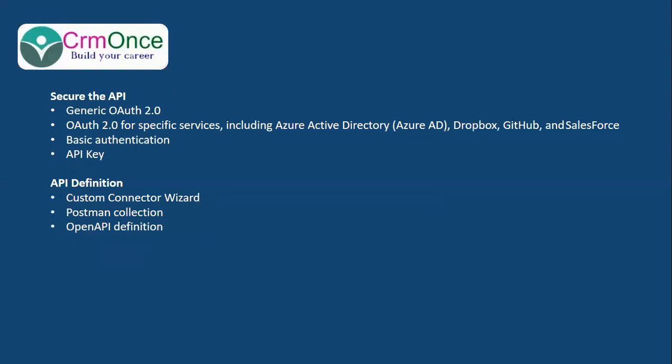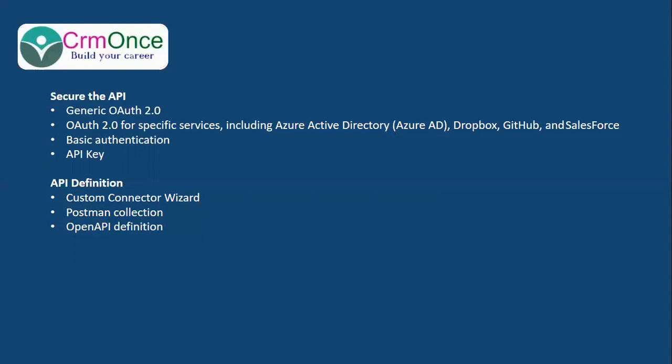For the API definition, we can simply use the custom connector wizard, a Postman collection, or an OpenAPI definition. In this video, I'm going to use the custom connector wizard to create a custom connector.